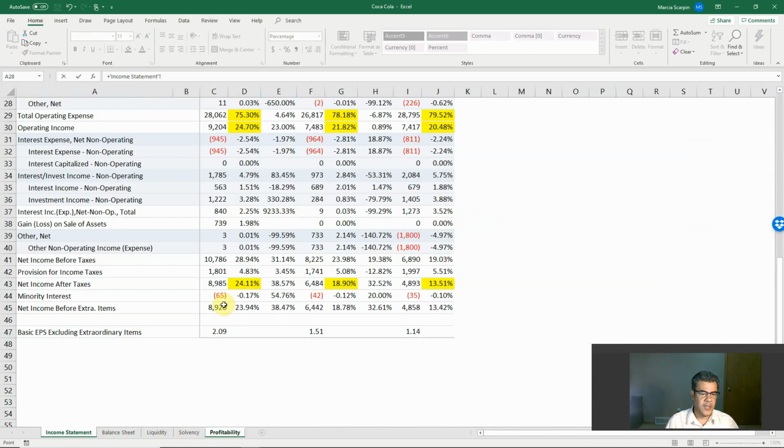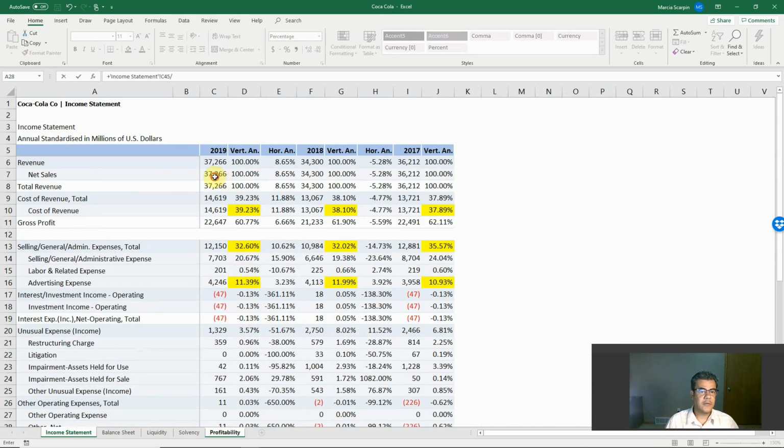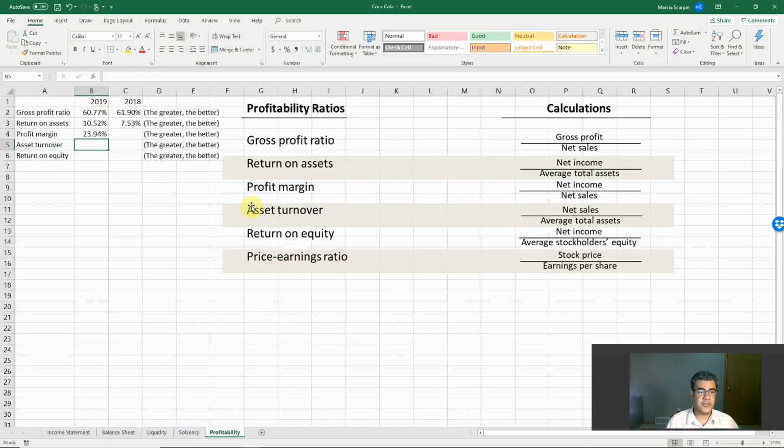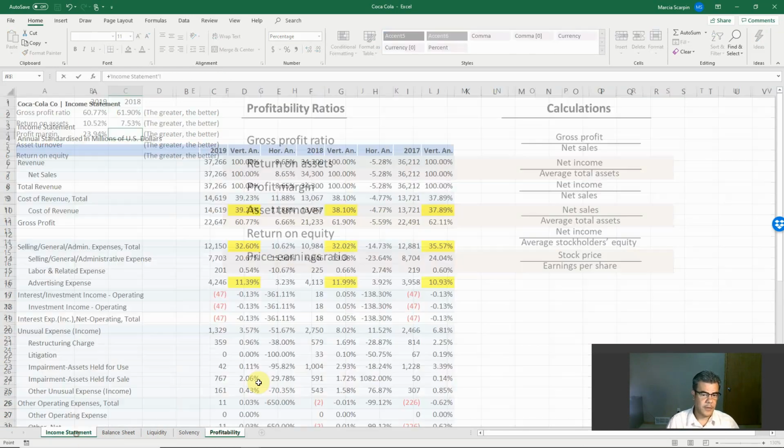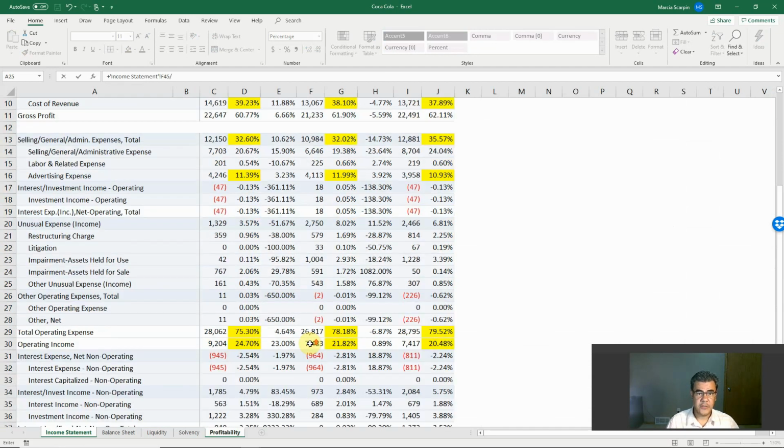So net income divided by net sales or net revenue. There are some countries that they call it net revenue. Okay, it is the same. 23, very, very high. Wow, we cannot copy and paste. Very high profit margin